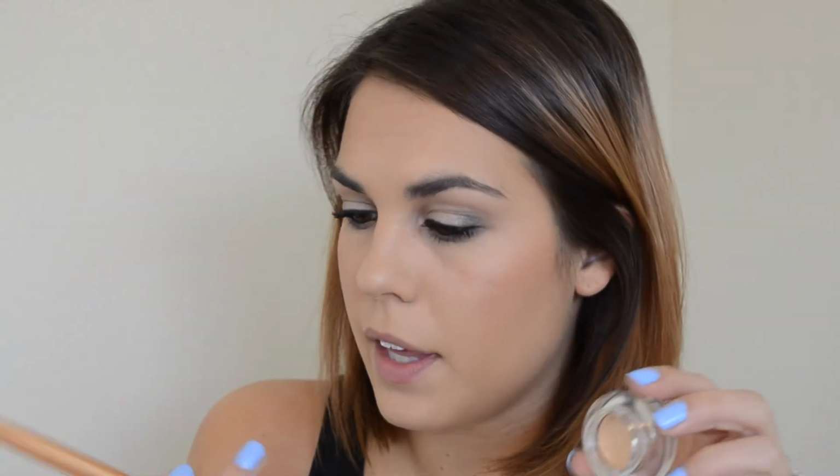Okay, so I haven't applied mascara to my bottom eyelashes yet because I'm going to use the concealer. Let's see. I'm going to use a concealer brush. I think it's a foundation brush originally, but I'm just going to pat this in the concealer, try and pick up as much pigment. It's honestly so hard to get pigment out of this. And then I'm just going to dab this on